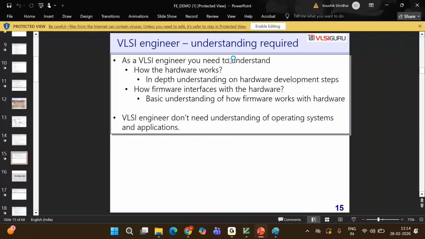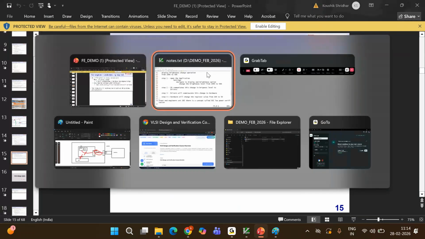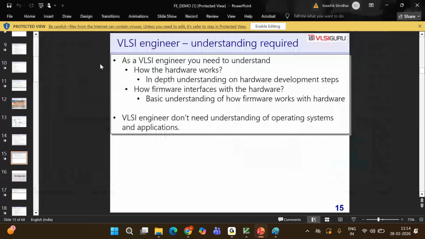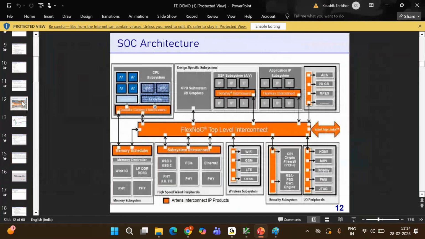Fine. VLSI engineers' understanding requirement. In all the electronic systems we discussed so far, what you need to understand as a VLSI engineer is how the hardware works. For example, suppose tomorrow you are put into an IP level verification. I am just saying an example. Once you get into a project, you are put into an IP level verification